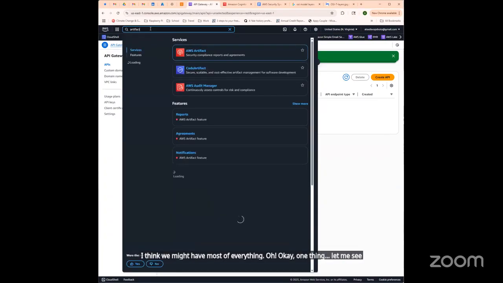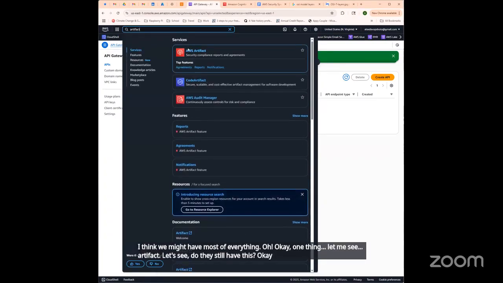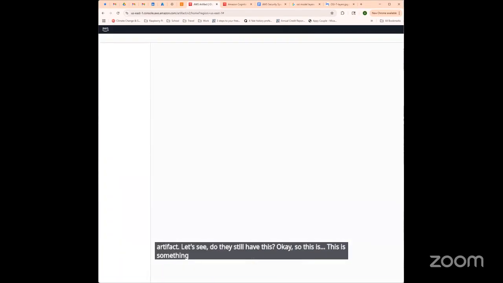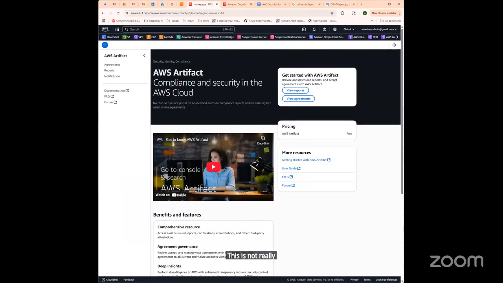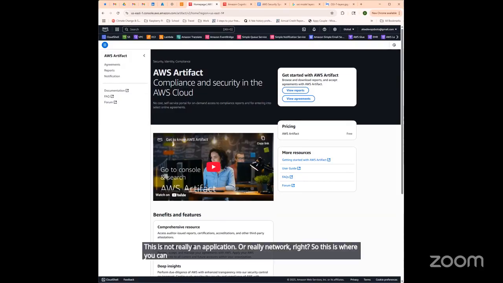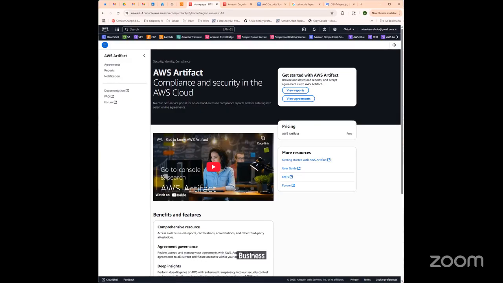Artifact. Let's see. Do they still have this? Okay, so this is something unique. This is a self-service portal. This is not really an application or really network, right? So this is where you can download compliance reports. So this would be SOC 1, 2, 3, ISO 27001, anything PCI DSS, and you could find your legal agreements like your BAA, business associate addendum,